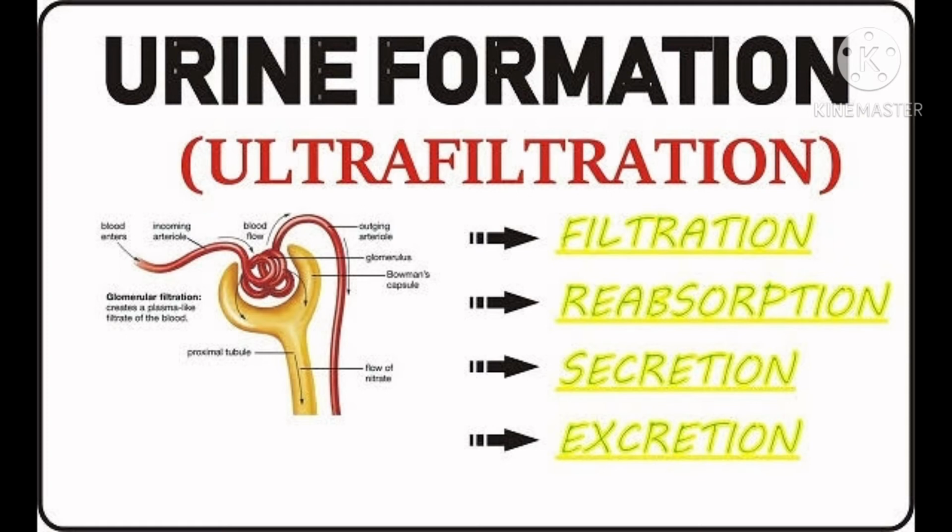Once again I am repeating, whatever food we take in, after its digestion ammonia gas is formed, and this cannot be removed directly from the body, so it forms urea after combining with carbon dioxide, and urea is less harmful than ammonia. Urea reaches the kidney along with the blood, and it is filtered and removed from the body as urine. So ammonia plus carbon dioxide in the liver forms urea.